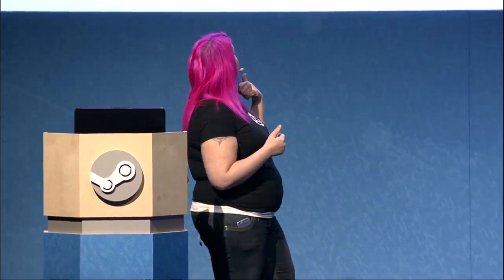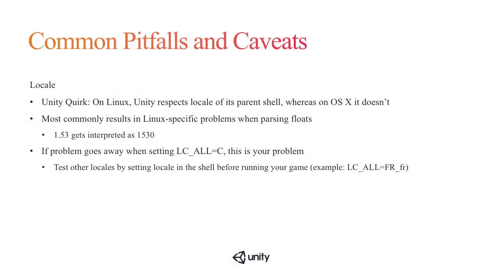We have a snippet here. Just if you're parsing a float, usually people just say float.parse, and that's it. What you actually should do is tell the parse function to use a culture-agnostic culture info object. This says ignore whatever the system locale is, and use a culture info object that's bound to English, which will give you what you expect. So this is a pretty easy fix if you know what the problem is.